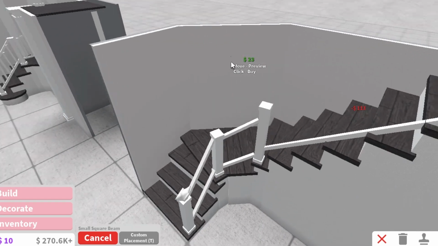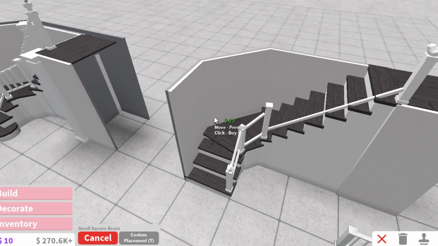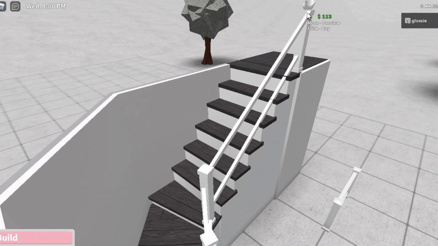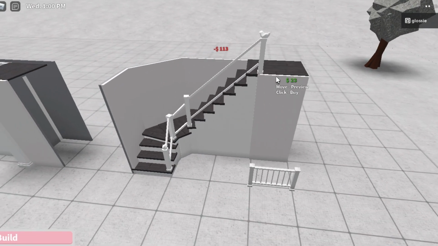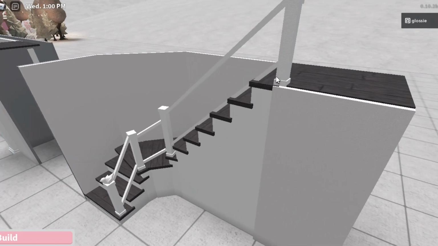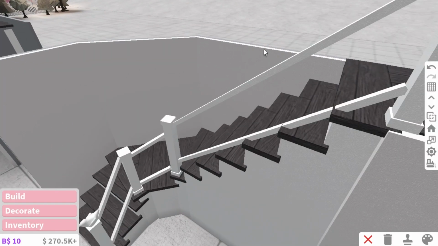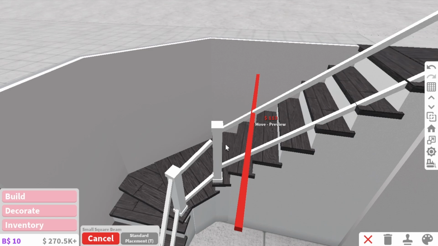We're going to place this here, and then we're going to do the top on this one. We're going to drag this all the way up over here. We're going to place that, and there is the base for your banister or railing, whatever you want to call it. And now we're going to want to fill this in, so I'm going to just copy it again,